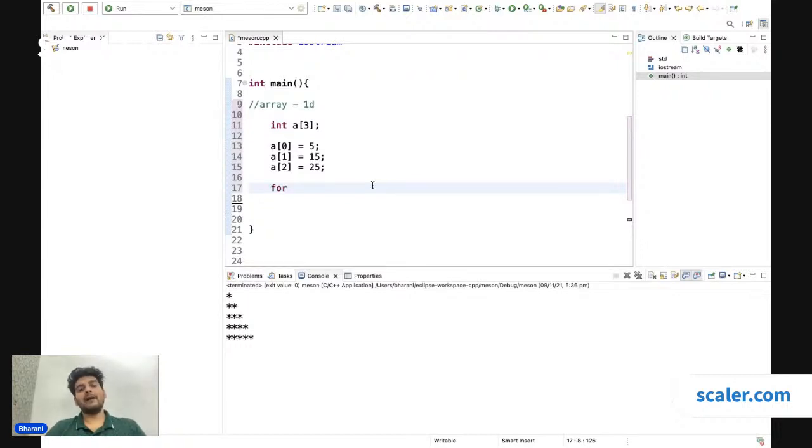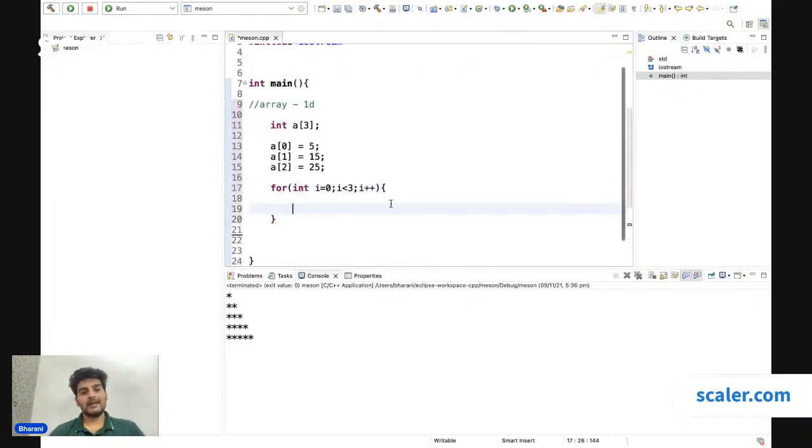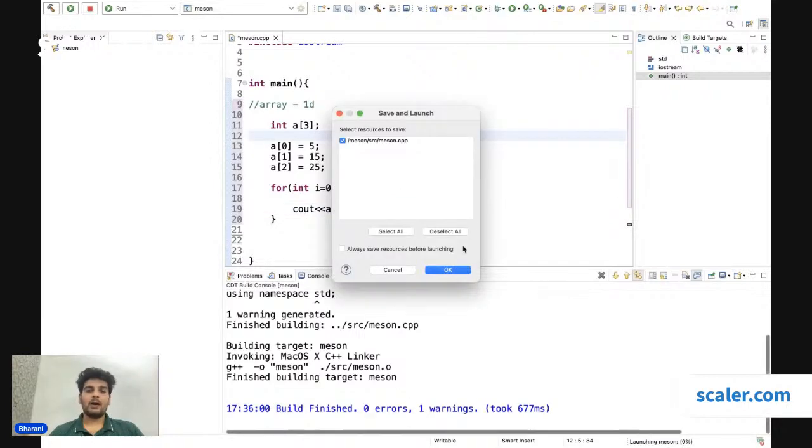If I were to print out the values, I would need a for loop. I'll have int i = 0; i < 3; i++. Within this for loop, I would just go ahead and print out a[i], and let me give in a space over here. Initially, i value is 0, so I'll print out a[0]. i is incremented, it becomes 1, then I print out a[1]. i is incremented, it becomes 2, and I print out a[2]. This is how I would be able to print out whatever values are present in this array. Now when I execute this,